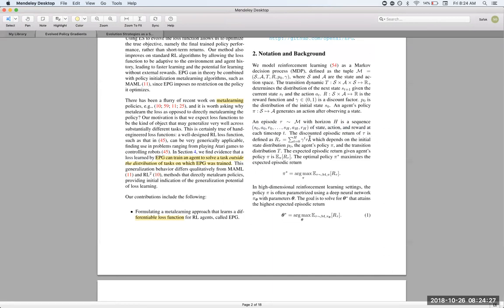So it's a summation of all the rewards that the environment produces at the end of each time step. And gamma is a,